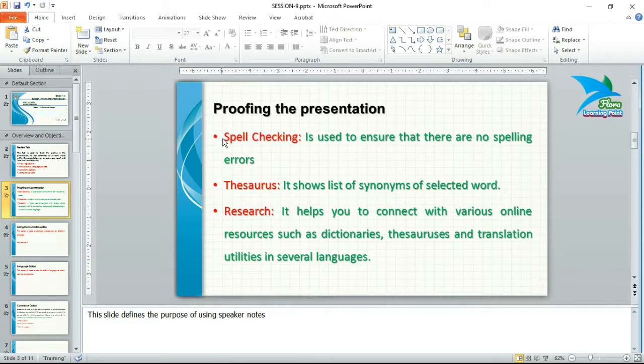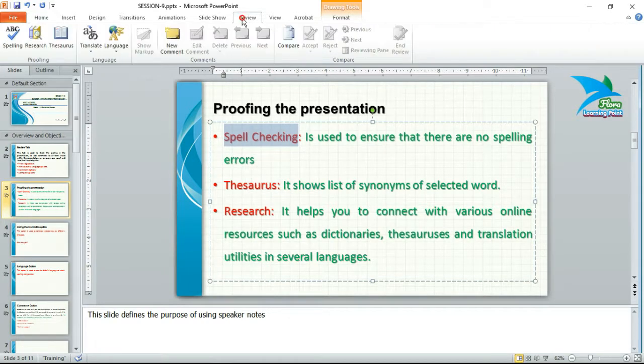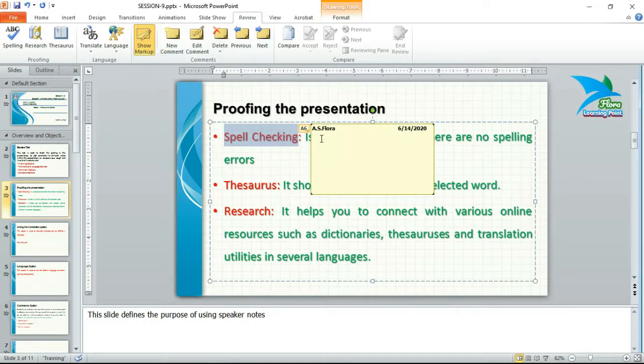So the purpose of a comment is to add a note to a particular word or to the entire slide also. For example, if I want to add a comment to this particular word, spell checking, then you have to select the word, then click on the review tab, then inside the comments group there is an option that is new comment.